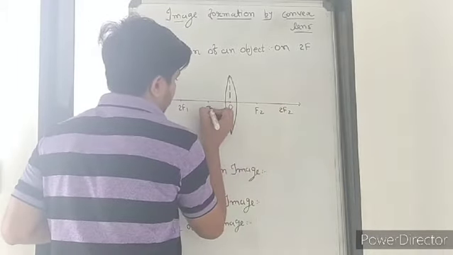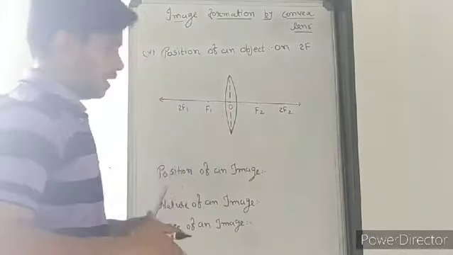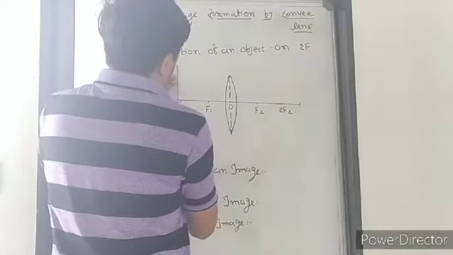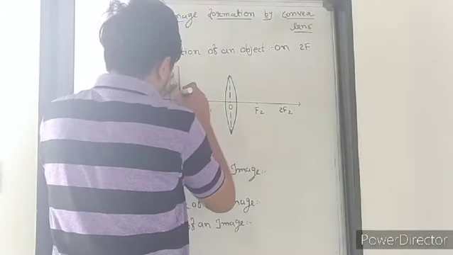If your measurements are wrong, then you get a wrong image, right? Now, object is on